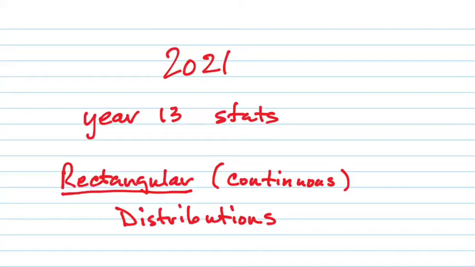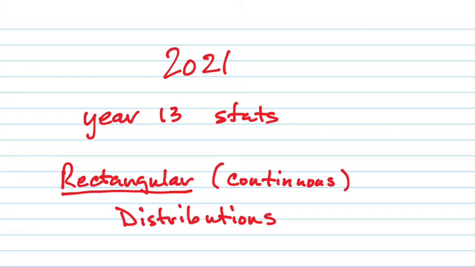Today we're going to look at one of the last of the two distributions we're going to be doing. So we've done quite a lot, right? But the last two that we're going to do are very easy as long as you pay attention and think about what's happening, okay? So today we're going to talk about the rectangular, one of the continuous distributions, because in reality the normal distribution